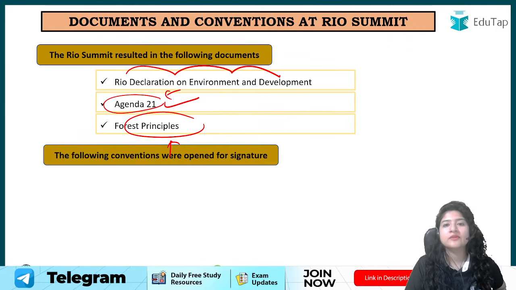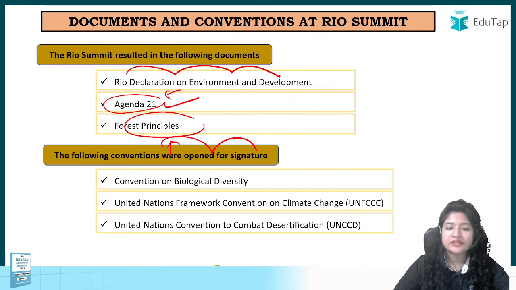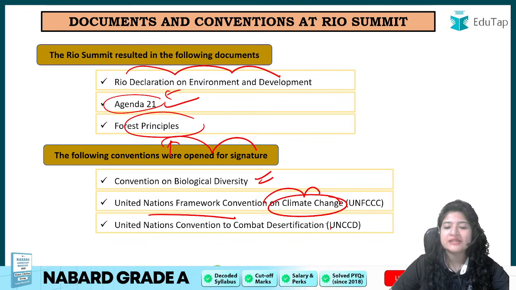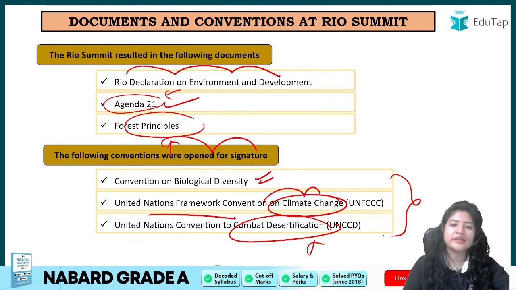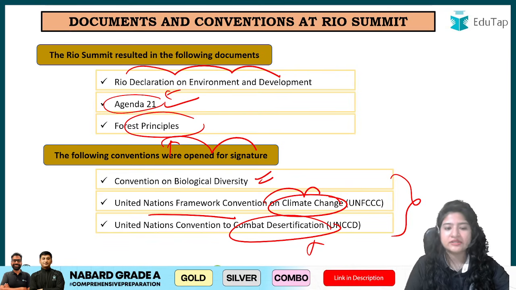and some Forest Principles, right? Some rules and regulations were made so that excessive deforestation does not happen, ठीक है। इसके अलावा कुछ conventions which were now open for signature were the Convention on Biodiversity, the United Nations Framework Convention on Climate Change, and the convention to combat desertification, ठीक है। तो ये मेजर हैं, इनको हम देखेंगे। First is your Convention on Biological Diversity, ठीक है।